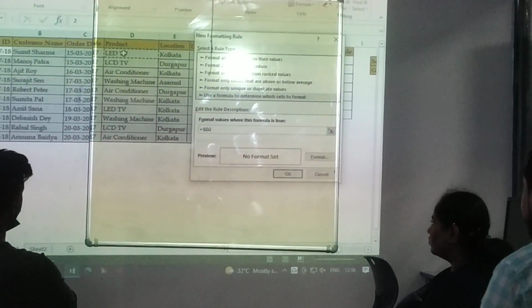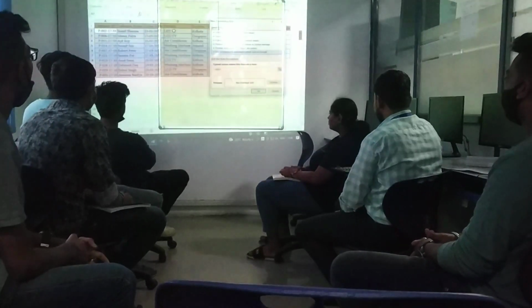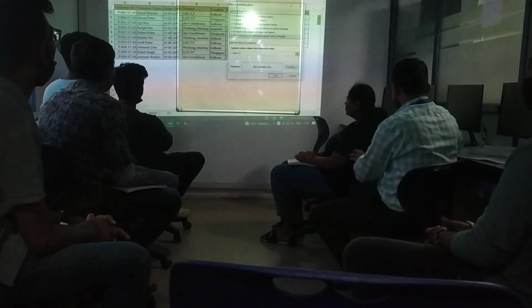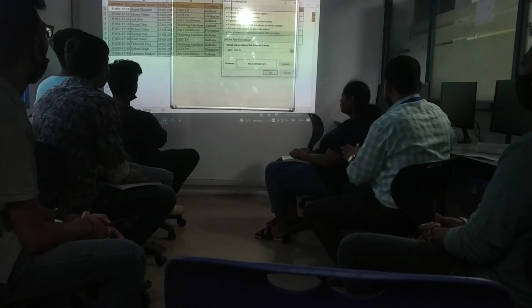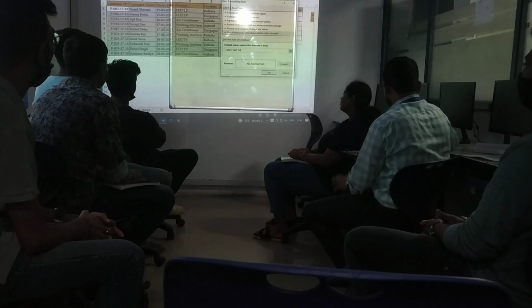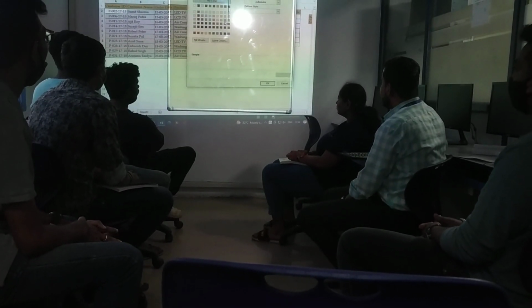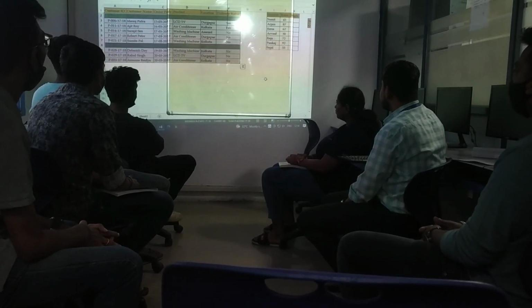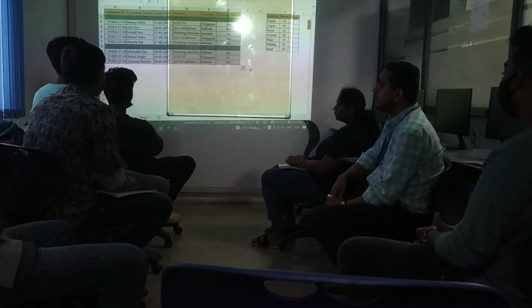Again we have to fix the column, is equal to LED, column D. Okay, now we can go to the format option and select any color. So now the full data will highlight.